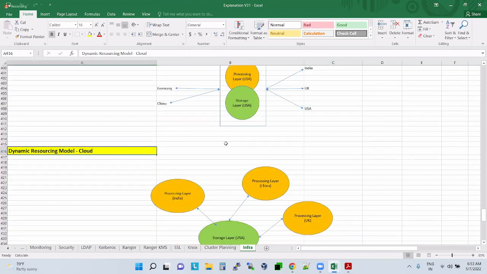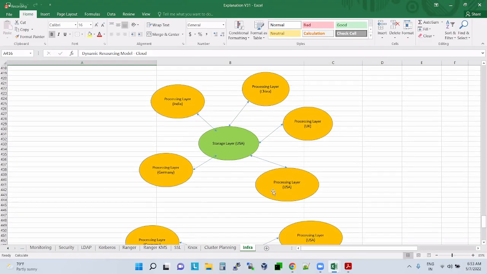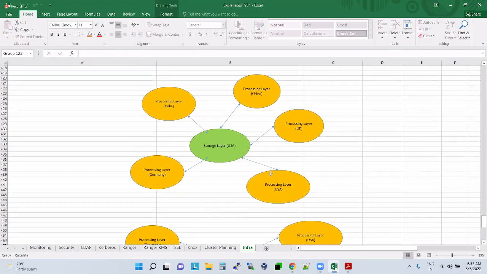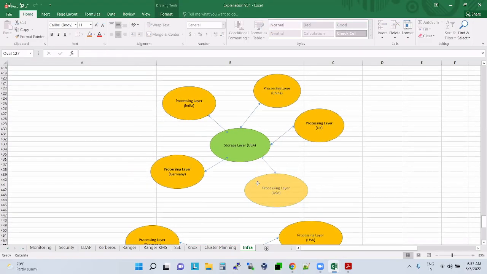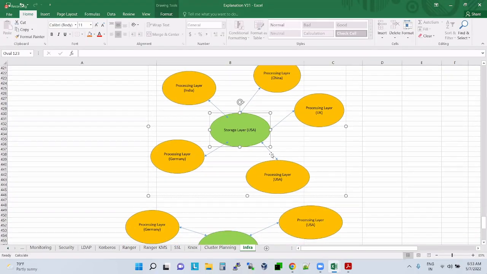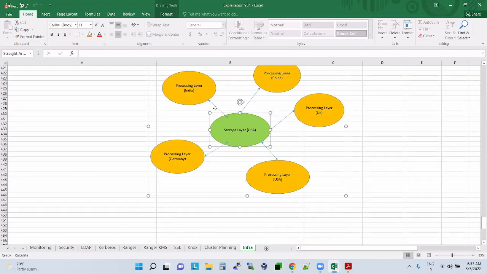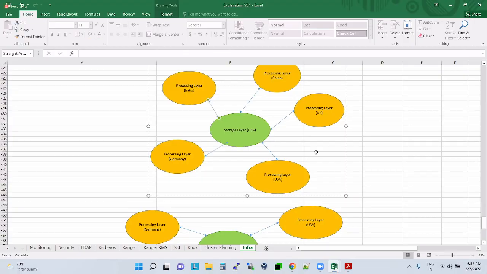But when it comes to the cloud model, this is one model where you can have storage in one place, and you can take processing from wherever you want, whatever location you want. So that is one good advantage. Even though you are taking processing from here, since storage is there, if storage is taking time, then you can create a backup for your storages.